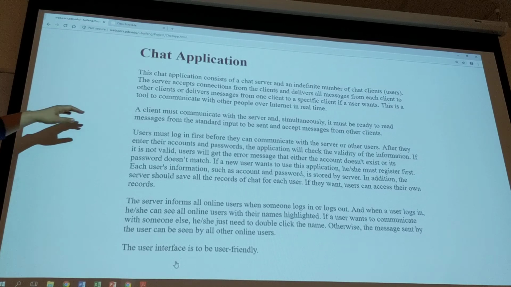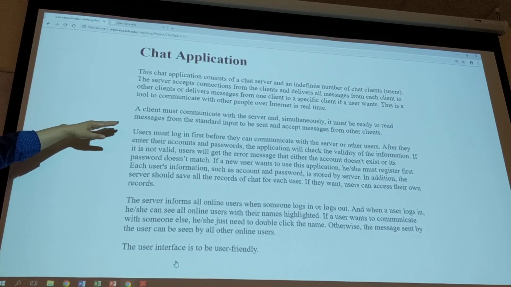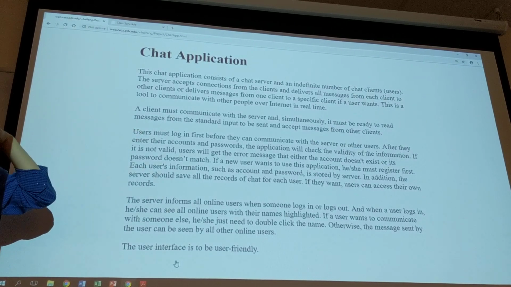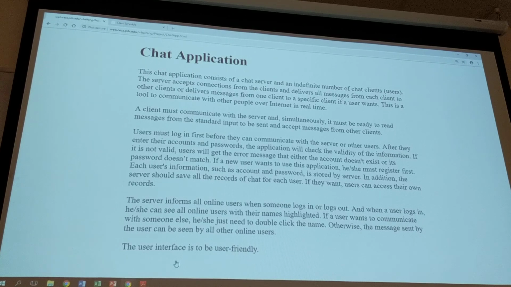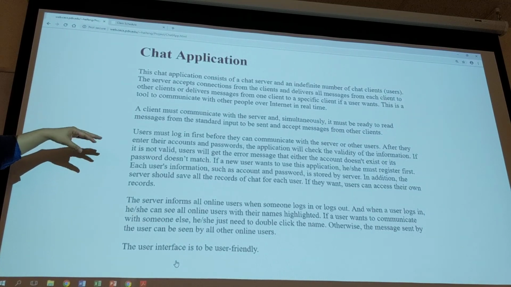A client must communicate with the server simultaneously. It must be ready to send messages, so you need a way to input your messages. The user must log in first. This is your way to identify yourself, so you can communicate with others. After they enter their account and password, that kind of thing,